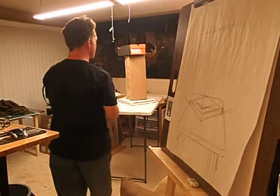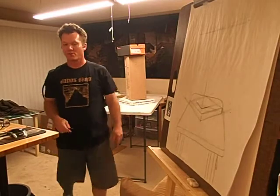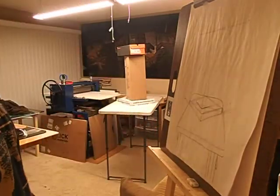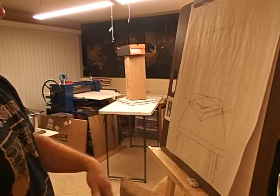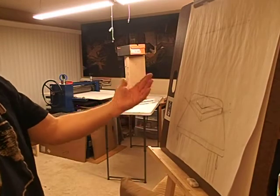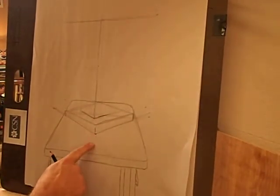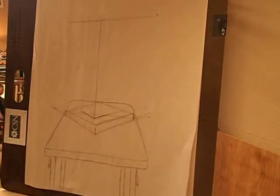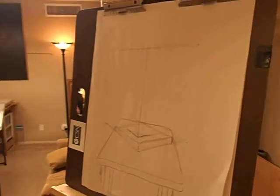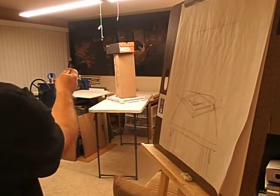Okay, so now that I have the angles of my box, what I want to do is measure this distance and this distance so I can get the size of the box correct in my drawing. So what I can do is look at my drawing here and start taking measurements. Let me bring the camera over here so you can see that. I'm looking at this distance from here to here, and I'm looking at that in my still life. So I'm just doing a compare and contrast. I'm looking for distances that are similar,